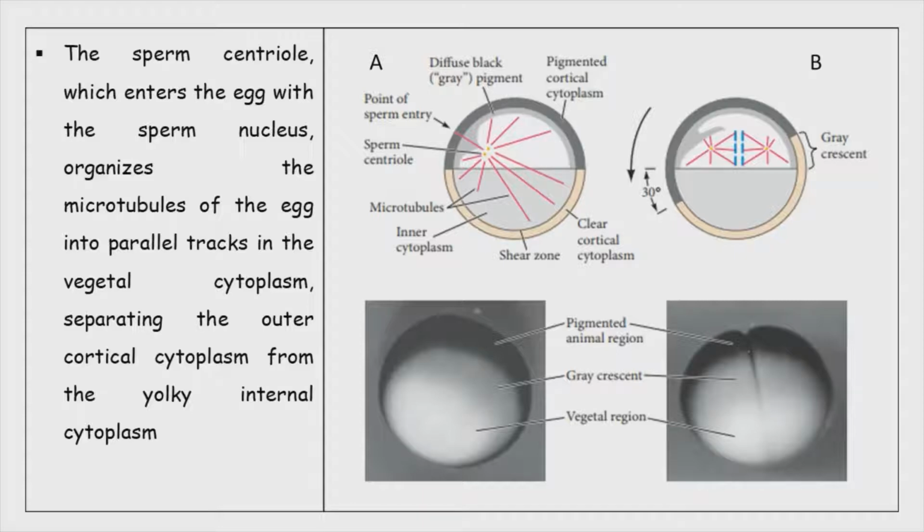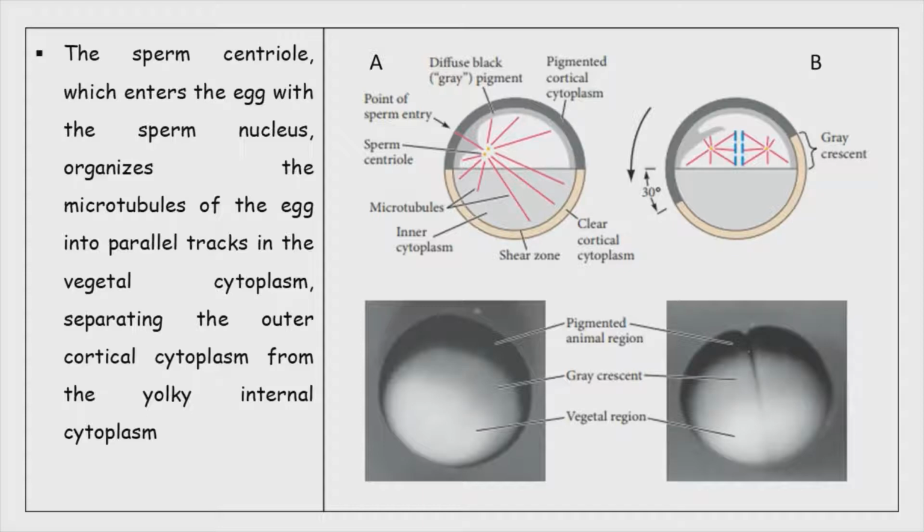Gray crescent is a crescent-like, gray-colored area developing on the surface of the frog egg opposite to the sperm entry. This area is present just opposite the point where the sperm enters the egg during fertilization, and it develops as a result of cytoplasmic movement stimulated by the sperm. It appears just above the margin where the yellow-white vegetal pole material merges with the darkly pigmented animal pole region. So it is present on the equatorial line in the middle of the egg, and the gray crescent marks the future dorsal side of the embryo.